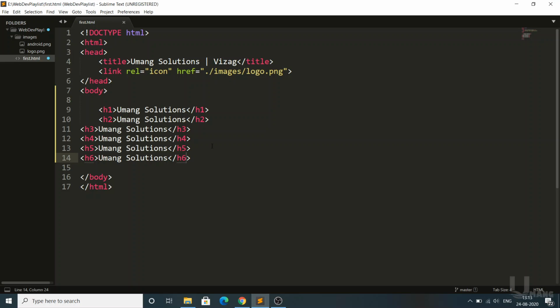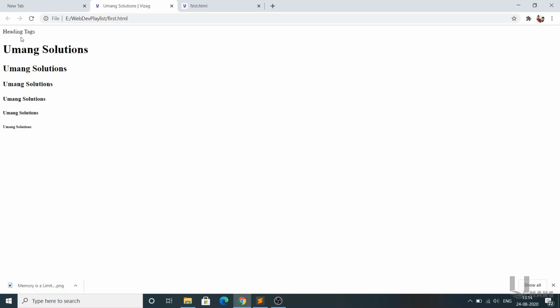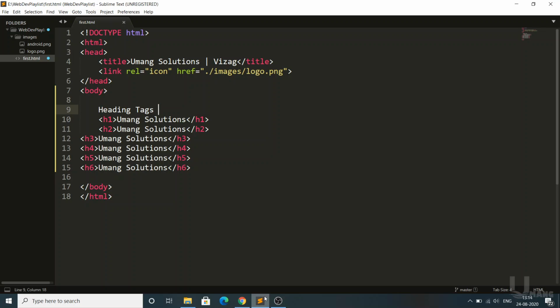So this is about the heading tags. Like in C, where there is a documentation section with dummy text which will not be executed by the compiler, the same thing applies here. For example, if I write this, automatically it gets displayed. I want to convey that anything you write in the body tag automatically gets displayed there.